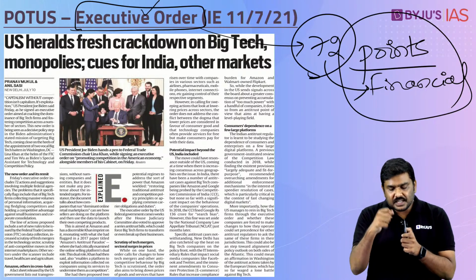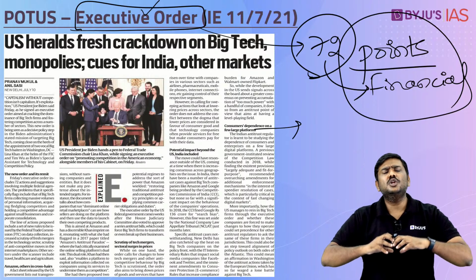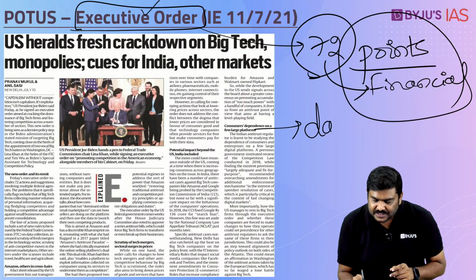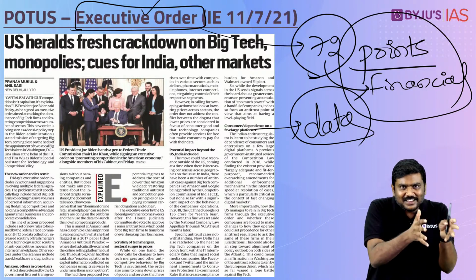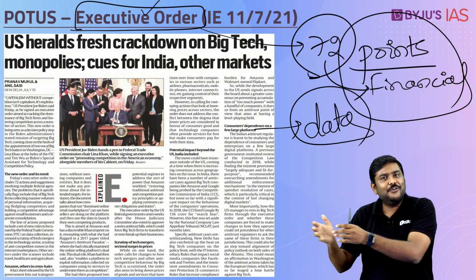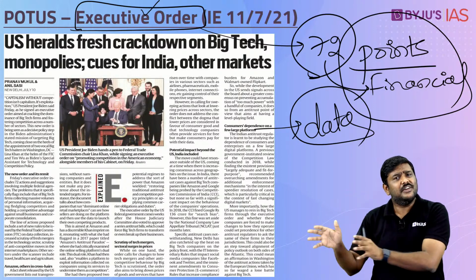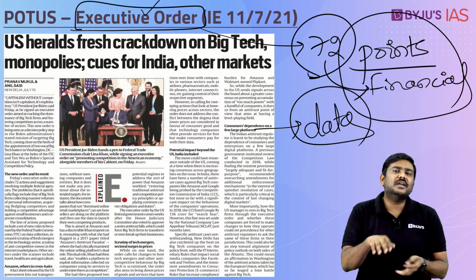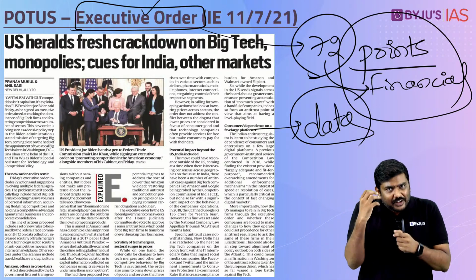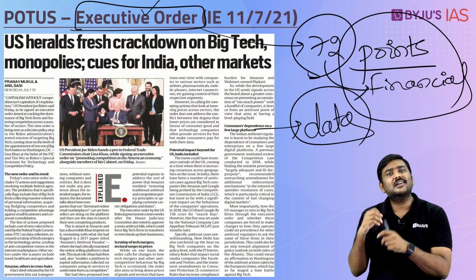It has raised concerns with respect to a few of these internet companies collecting a lot of data of customers. That is the first very important point, and you can connect it with India also, because there is a privacy or data privacy issue which is being discussed even in India. So, the first point of concern within this executive order is that very few of these internet giants are collecting a lot of data of customers.